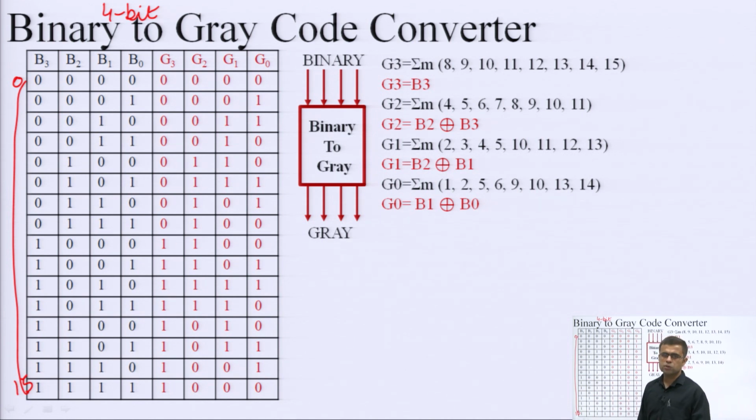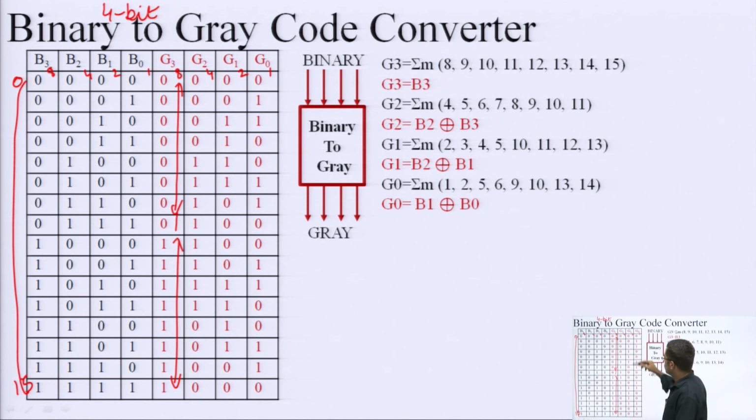But there is a shortcut as well. For writing consecutive gray numbers, we can simply use the weights 8, 4, 2, 1 as we do for binary. Although gray is not a weighted code like 8, 4, 2, 1, this 8, 4, 2, 1 arrangement can help me in writing the gray numbers easily. So, 8 means 8 zeros and 8 ones. Okay. So, these are 8 zeros and then these are 8 ones.